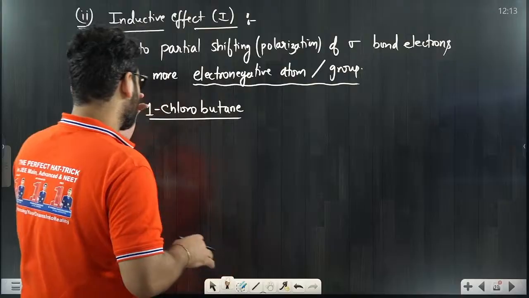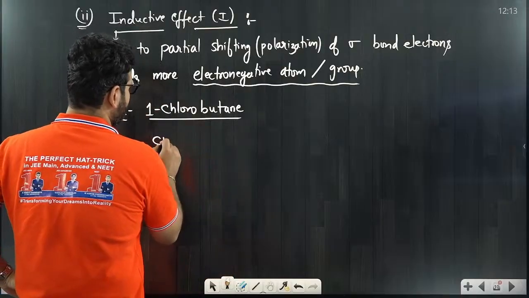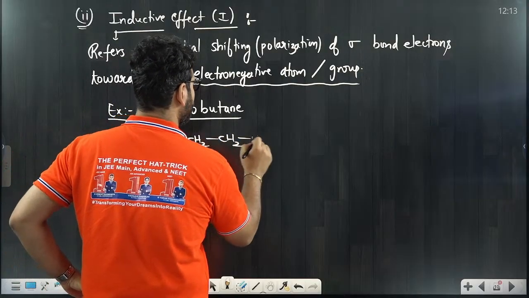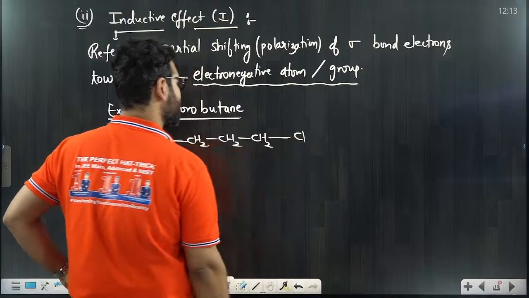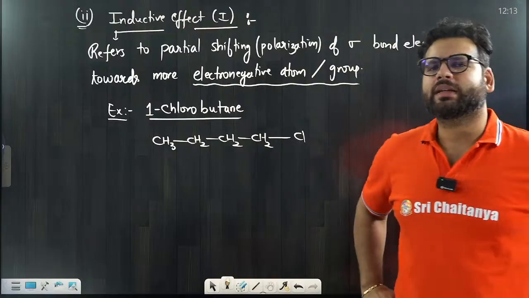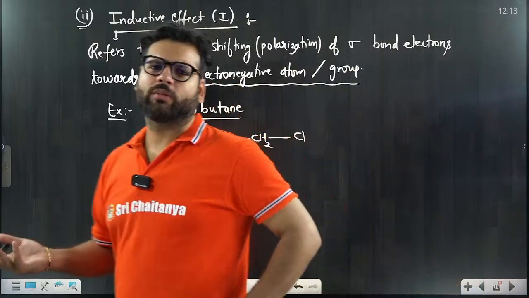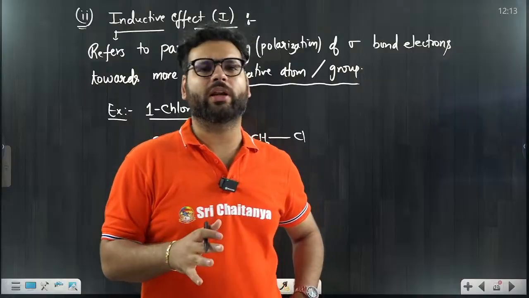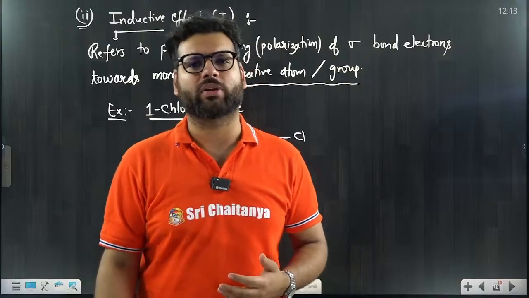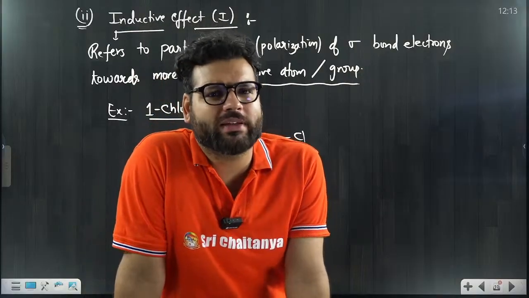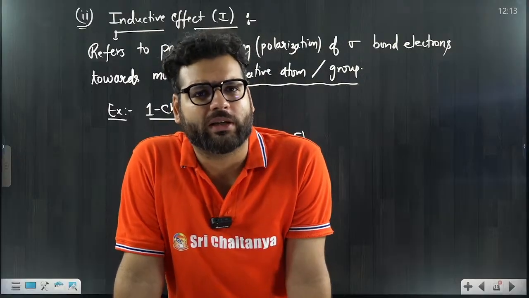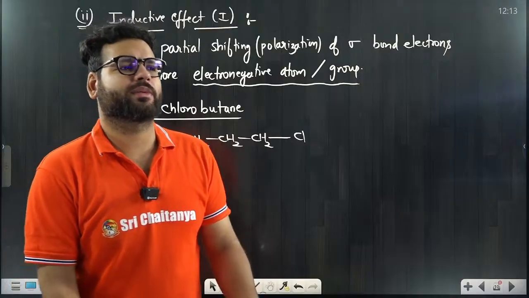It will always be present. So if I take 1-chlorobutane, this is how it looks: CH3, CH2, CH2, CH2, Cl. Wherever it's carbon, carbon, carbon, there is no push and pull because carbons have the same electronegativity. Hydrogen to carbon you can also neglect because carbon and hydrogen have very similar electronegativity. So there is not much push and pull between C and H as well. Push-pull only starts when any functional group attaches, or an alkene or alkyne attaches